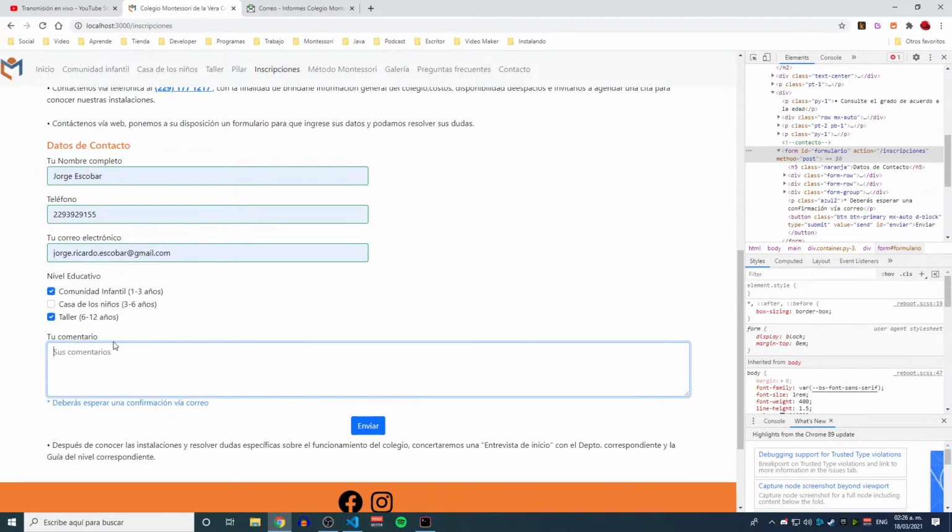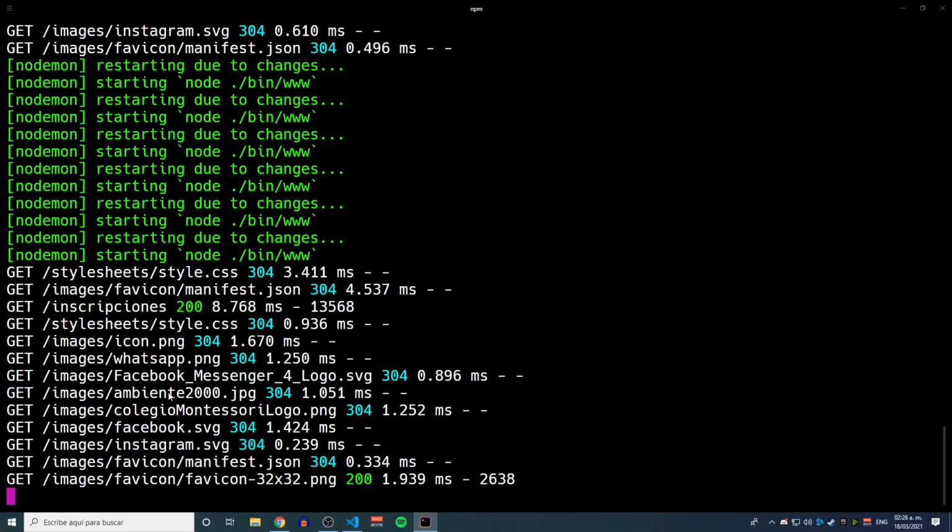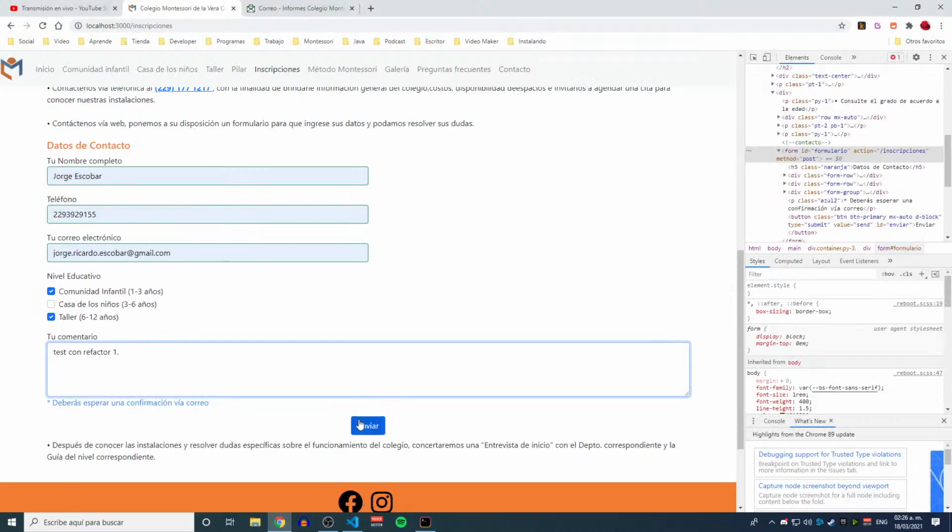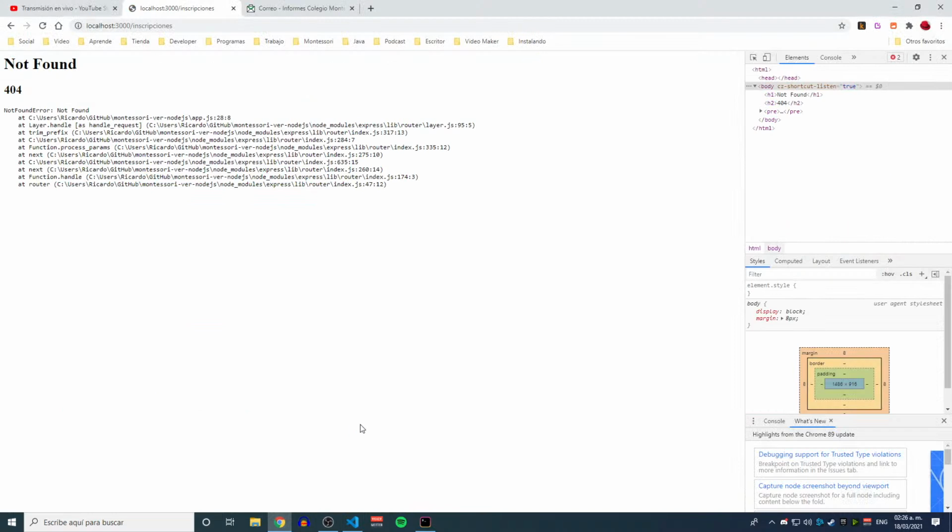Okay. I am refactoring the code. Let's see if this actually works. We can see here the terminal. Here, I should be able to see the data. So let's try it out. And it didn't work. Let's see why. Not found. So what happened there? It reads that